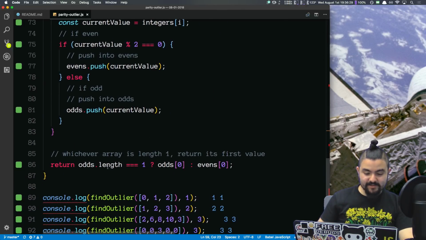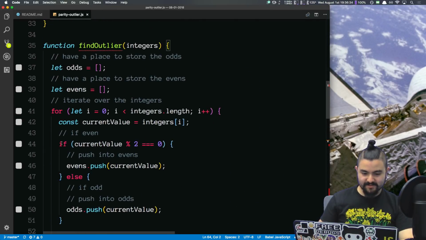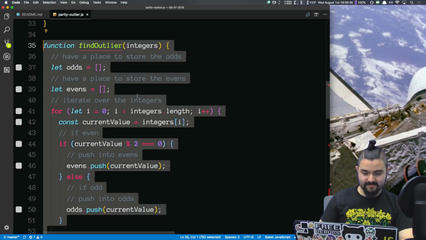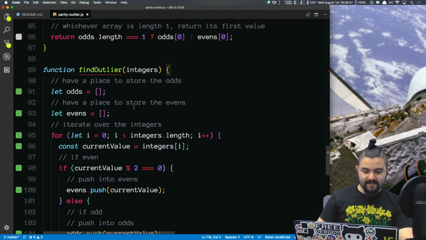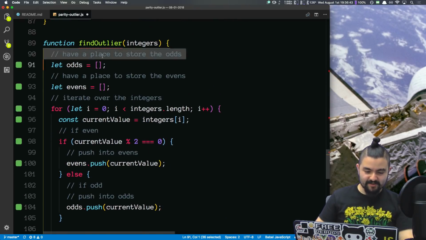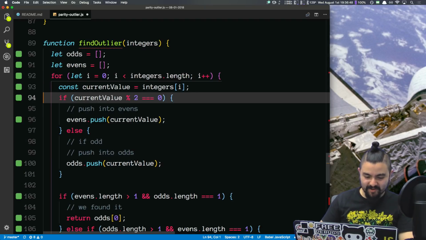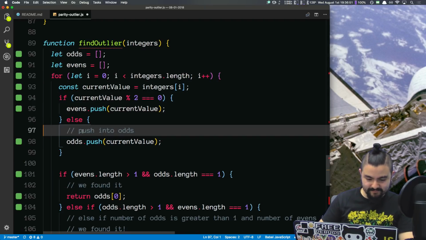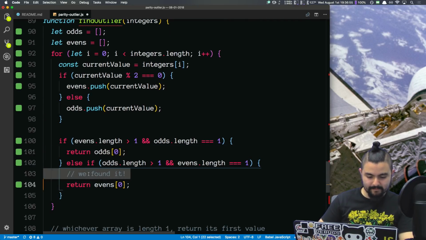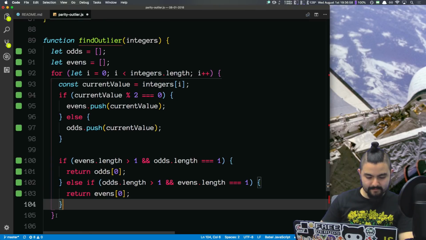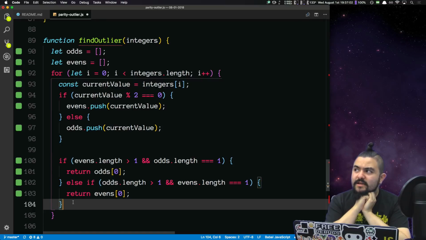Okay, let's do this, but let's do it with a find, like Oliver mentioned. Honestly, this code's kind of ugly. We can make it much prettier. Let's get rid of our comments first. Though actually, a find